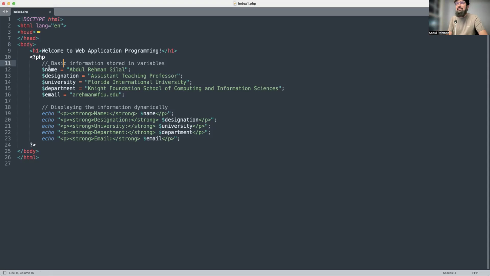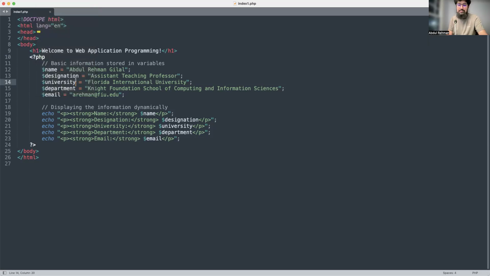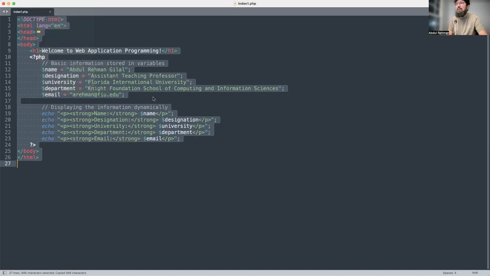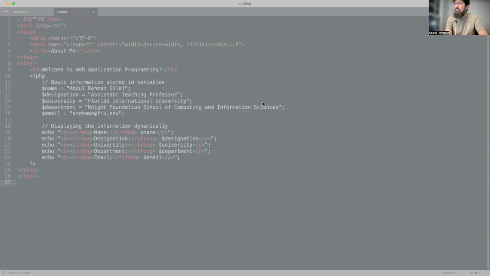So basically in PHP, whenever we start PHP code in HTML or anywhere, remember that whenever you have PHP code, you should have a file type called index1.php. I'm using a Mac, so I'm using this editor. When you go to an editor, just go to the new file and write whatever you want to write. For example, now I want to make a new file, and in this new file, I try to save this